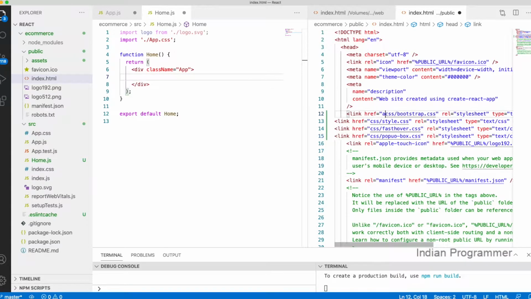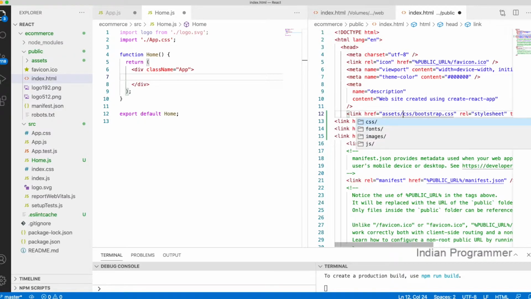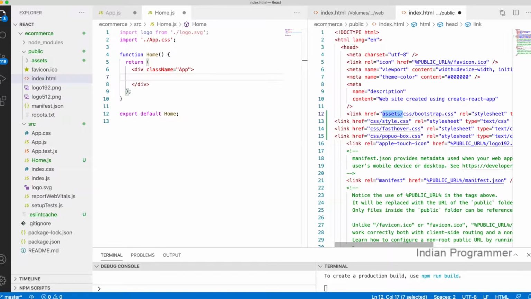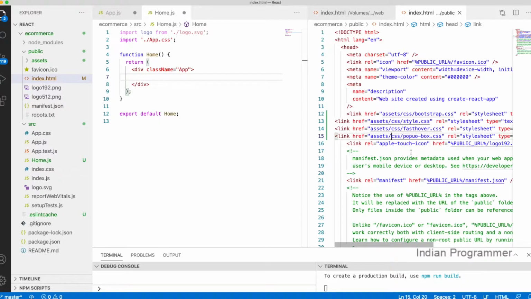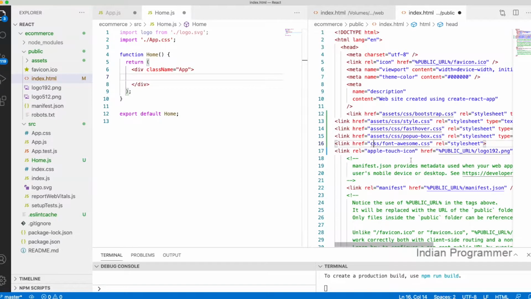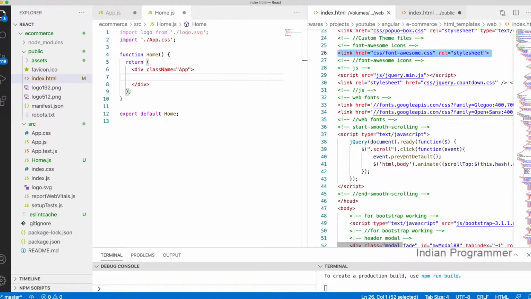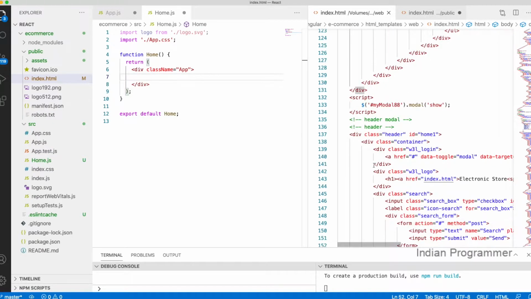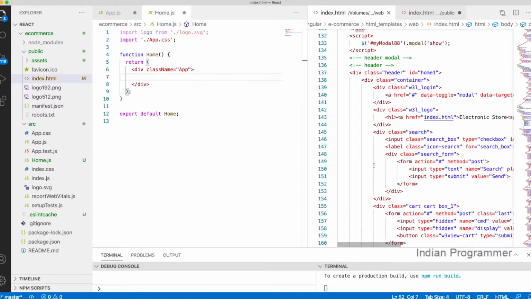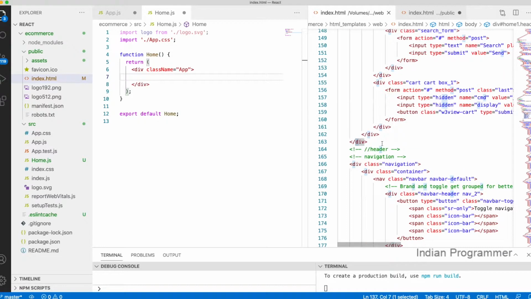I think it has to be inside the assets folder. So all these things should come under the assets folder. So I'm changing the path name based on our new file. Okay, now we have done that, and I think we need this font CSS also. Okay, this we have done, and jQuery and all that I don't need. Okay, from this header I'm just going to copy everything.